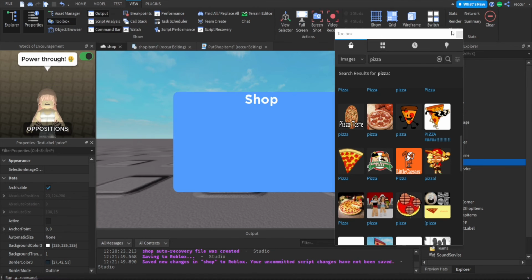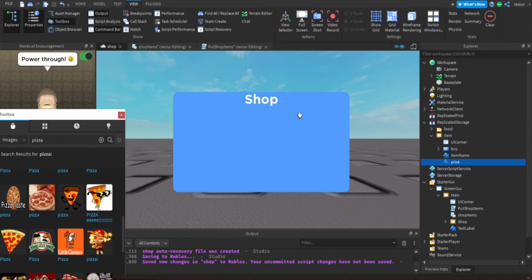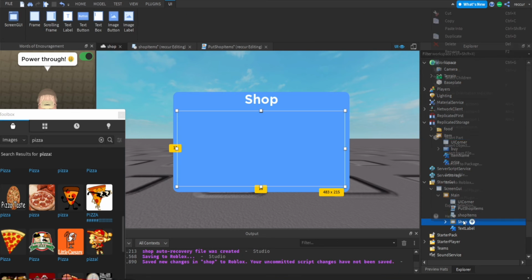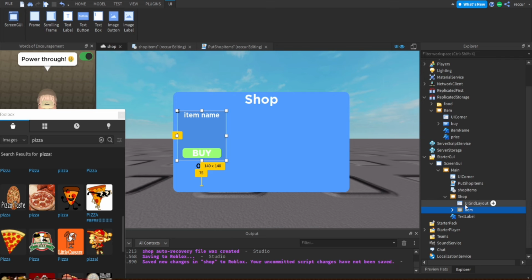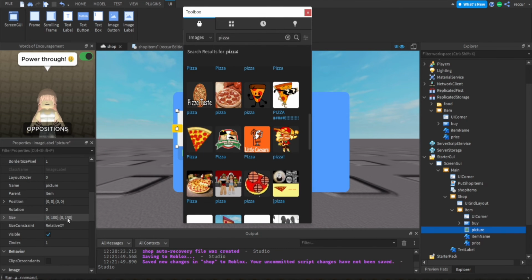Okay. What we can do, actually we don't need to do that. What we can do is, okay, get this out of the way. So put the item right here, copy it, put it into here. Then we can insert this. Oh, I forgot. Yeah, I actually forgot about the image label. I should have made this an image label though. Whatever. We're gonna make this now. So image label. So this is gonna be the image or the picture. Name it anything, icon, picture. Make this 1:1